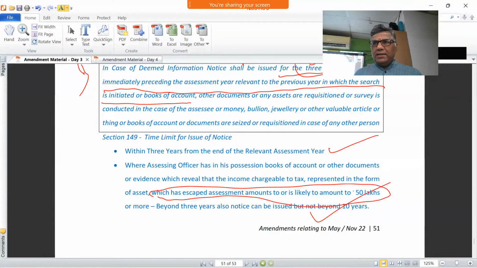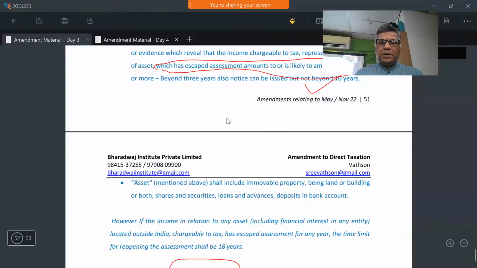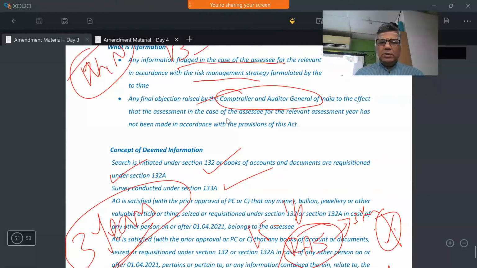Only until 10th year. Yeah, she was asking me from that year can I go back for 10 years? No, from this year you can go back only for 10 years. So not more than 10 years. That's the principle. Okay. So right.